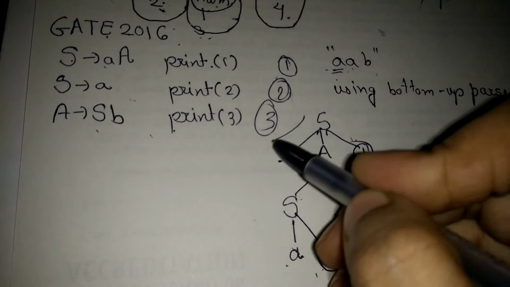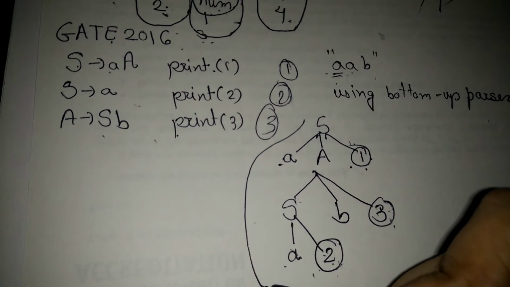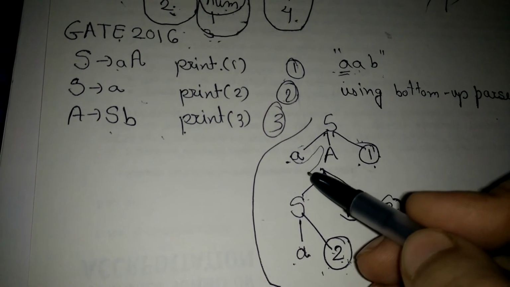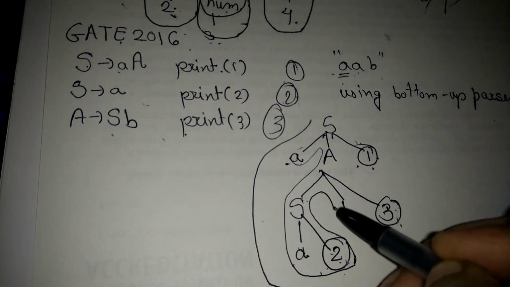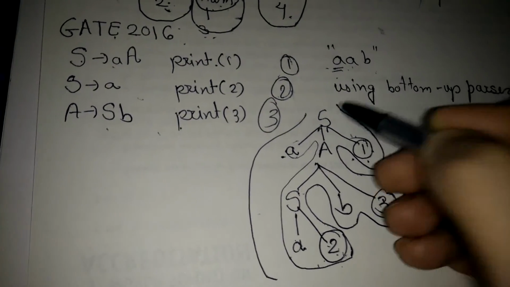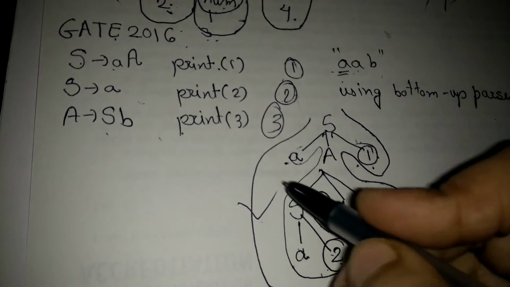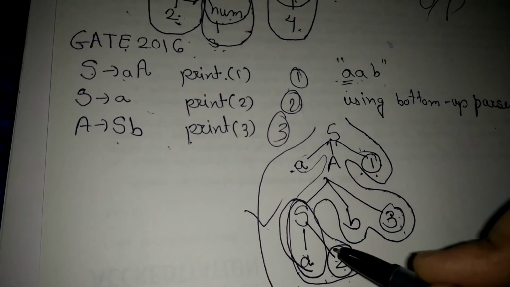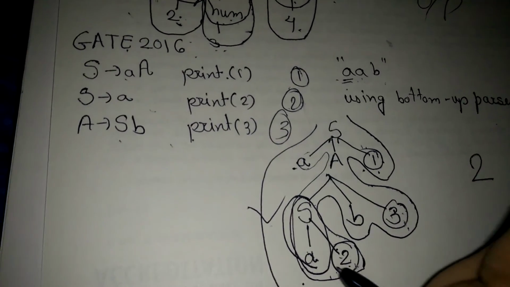Now see, as we are using bottom up parsing, first we will go to the bottom. After going to the bottom, we skip this small a as there is no production. Then we will go to this one and continue like this. So this is how I am going to traverse for bottom up parsing. The first reduction that I get is S to A, and it is production number 2, and it says to print 2.